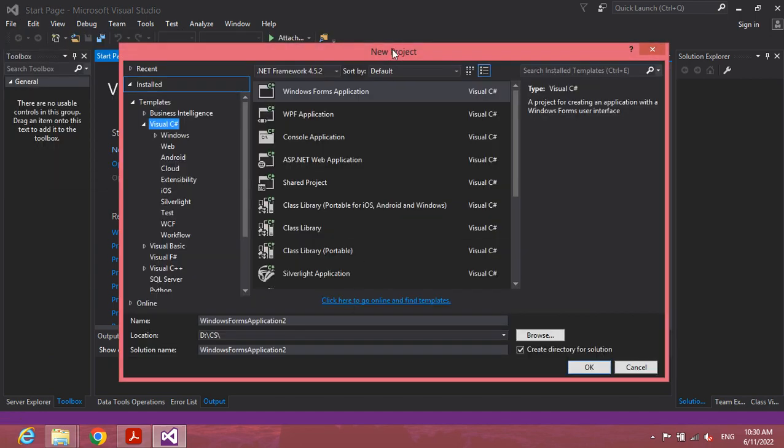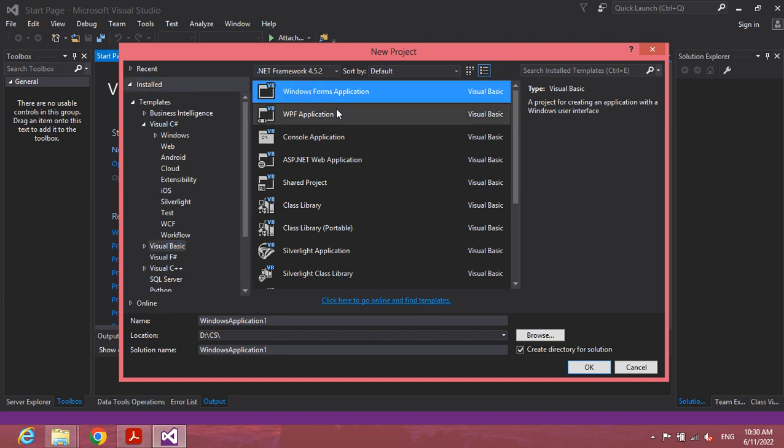Then the New Project dialog box appears, and now here you have to select the programming language. So let's select Visual Basic, and from here now we need to develop a Forms application. So you have to select Windows Forms application. Then here we have to specify a name for our project. For the time being, let's give the name as project 1, and now as the location, we want to select